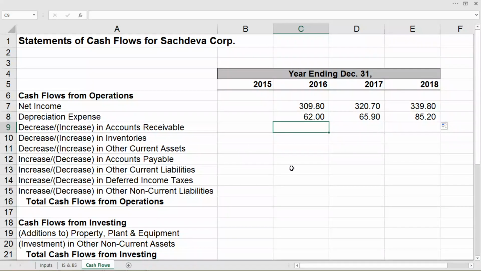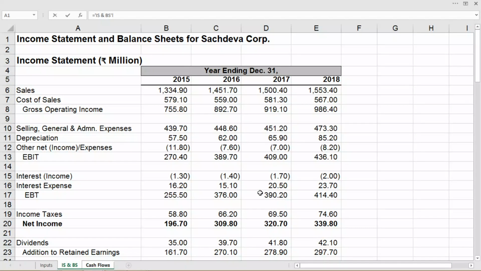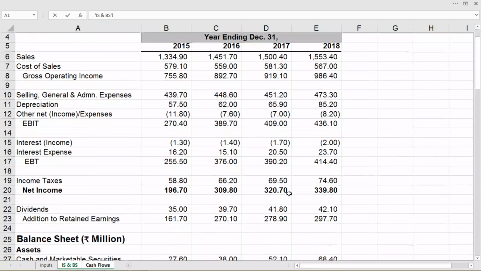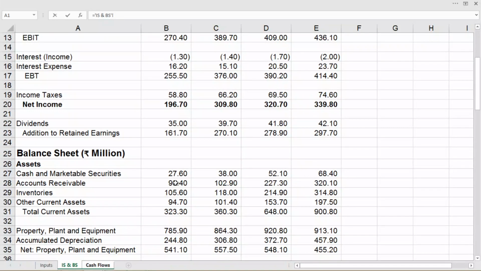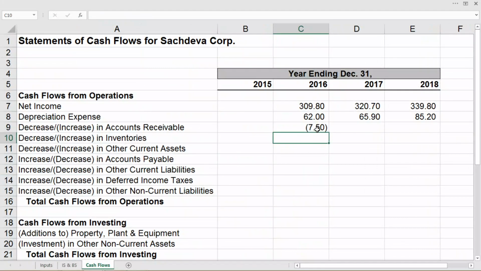For calculating accounts receivable, we enter equal to, go to the income statement and balance sheet and select B28 minus C28 and enter. So we have this value. Since it is in parenthesis, obviously it is an increase.